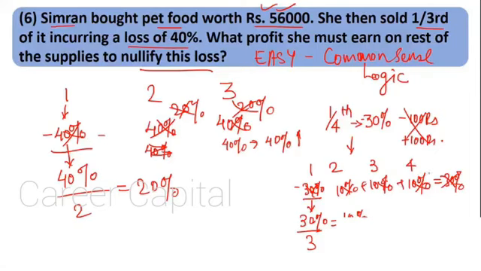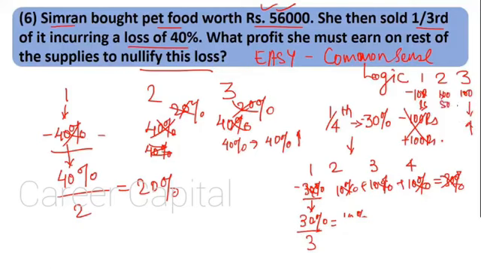I'll give you another example to explain this logic. Just like we said earlier, say I did 3 transactions in a day. In the first transaction I got 100 rupees loss. Now I want to nullify this 100 rupees by using these 2 transactions. If I take 100 rupees profit here, 100 rupees profit here, what will happen? This will get nullified over here and again I'll be in profit, but I don't want profit, I want no profit, no loss. Nullify the loss.